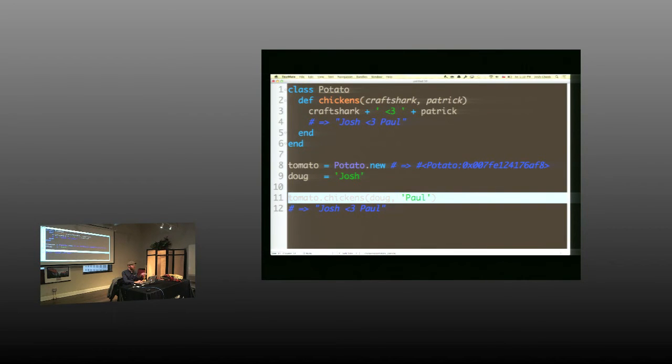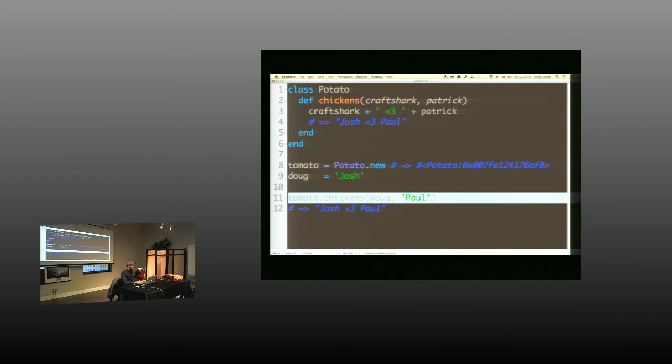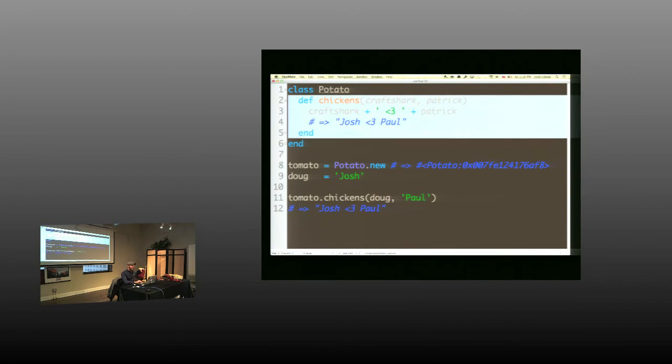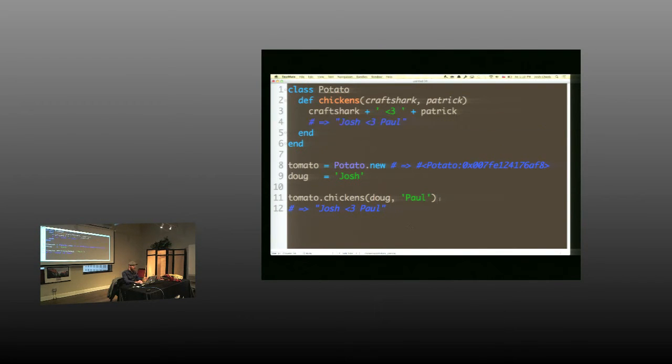And its instruction pointer is sitting here on line 11 saying, you know, the next thing I run will be line 12 when I'm finished with this one. And that just kind of sat there and chilled for a bit while we went up here and did all this stuff. And now that we've come back, we take this return value and we stick it here as in our current binding's return value, which is why we see Josh loves Paul there.